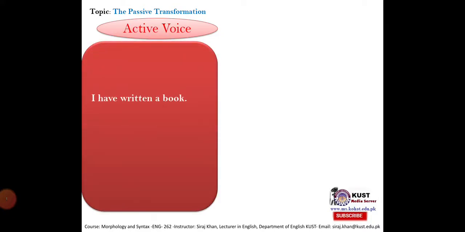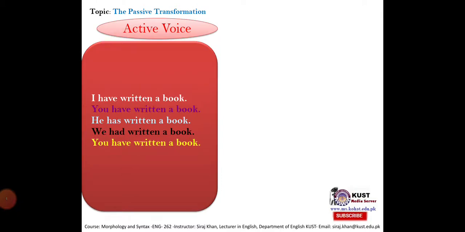Active voice examples: I have written a book. You have written a book. He has written a book. We had written a book. They had. You have written a book. They have written a book. The passive voice